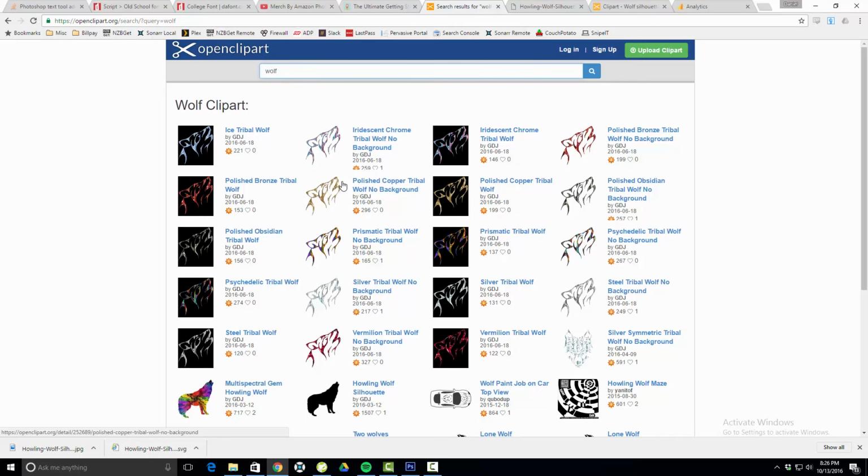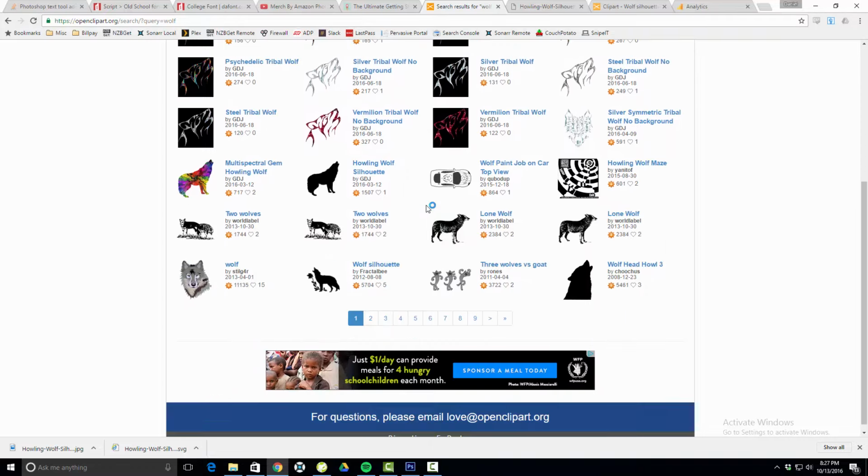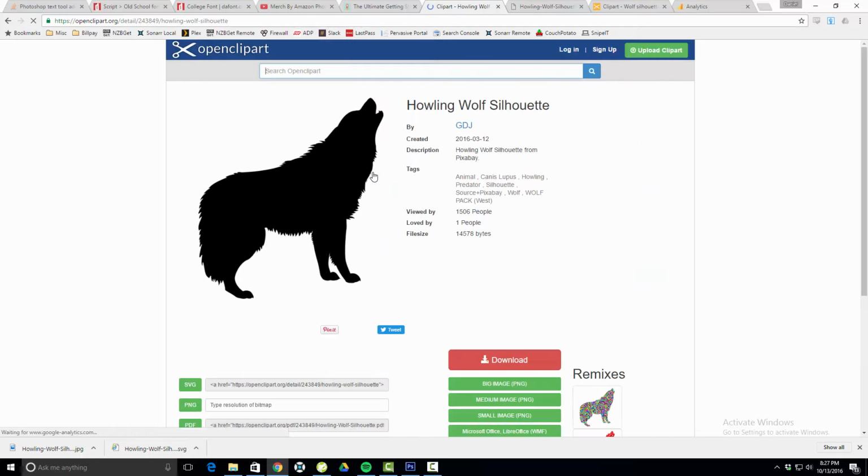Now, trying to think like a customer, what would a customer like to see? If I saw this particular design, would I know it's a wolf? Maybe, but I also see a lot of ridges and different colors in there, and, well, this one stands out. This one is like the perfect definition of a wolf when I think of a wolf. So I would probably click on this design,